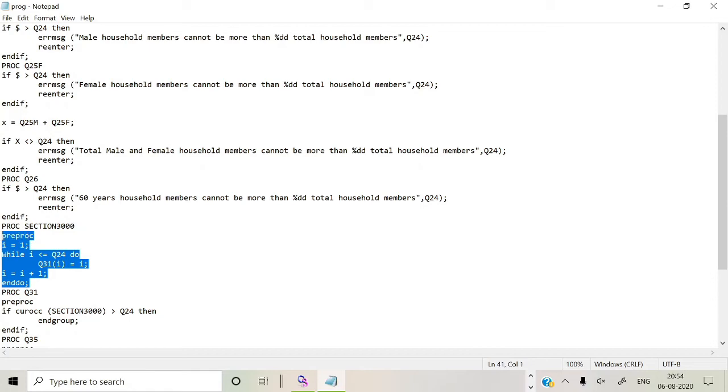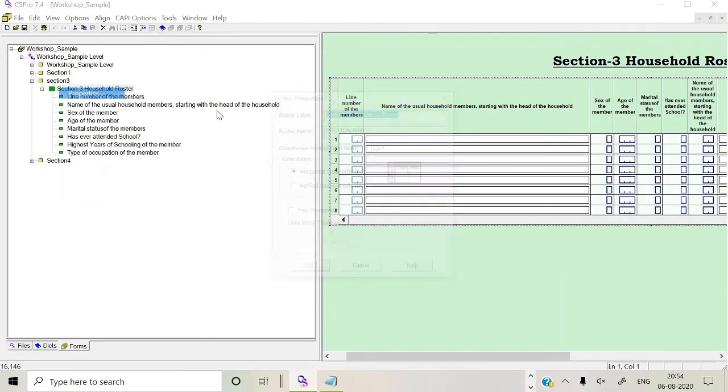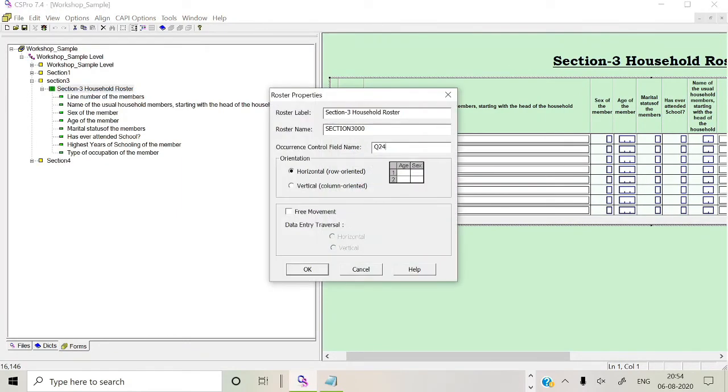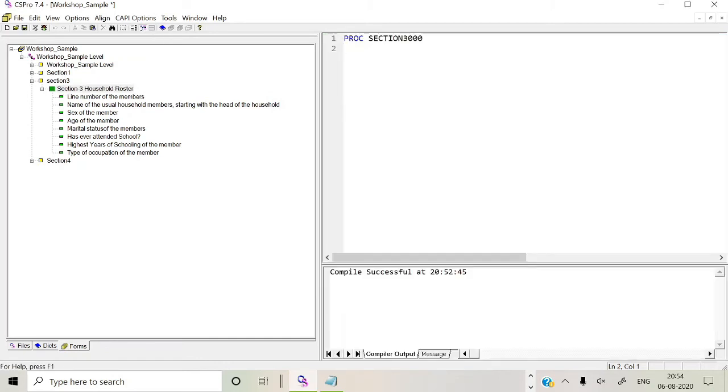For time's sake, I am declaring the programming in a roster, just removing what we have declared, just declaring in the programming. So I want to control the things.